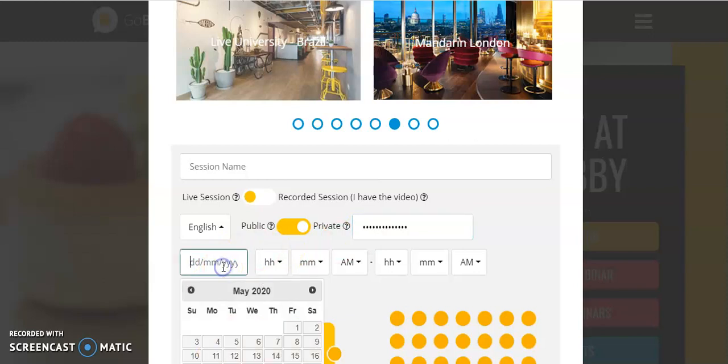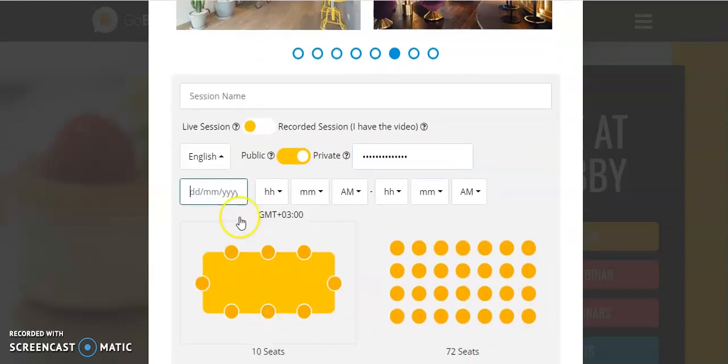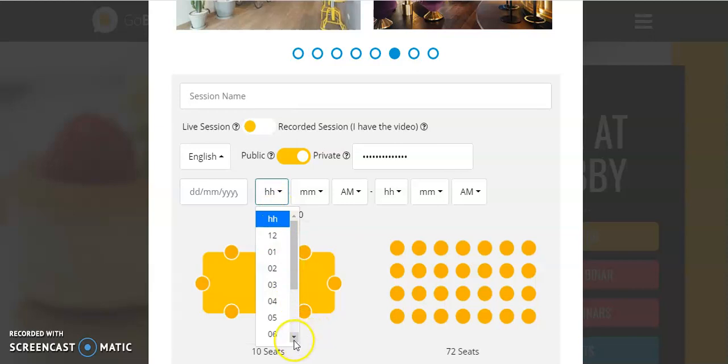And then I have to pick the date. Okay. It's not very responsive, is it? Okay, I'll go to the hour and then I'll come back to the date. So let's say I put this hour,